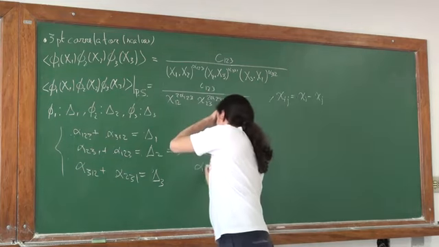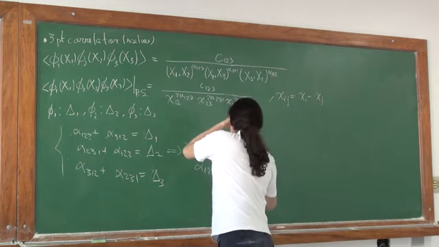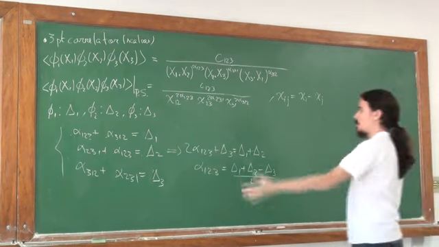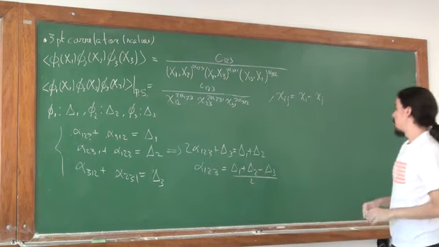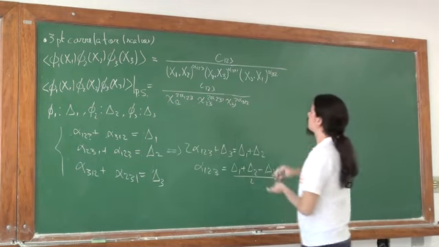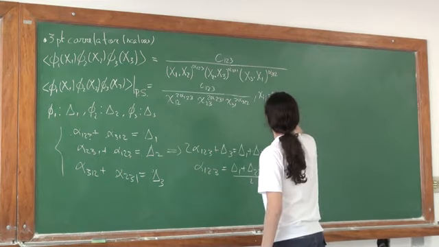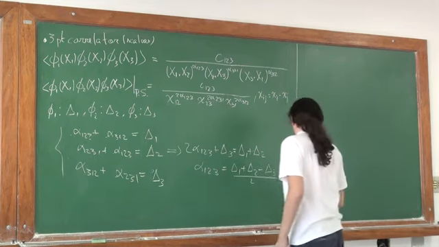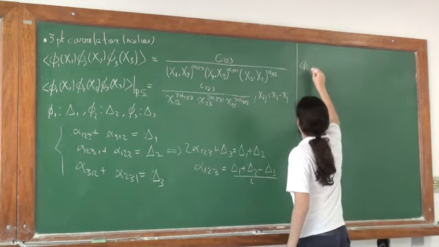And then we have that alpha 1, 2, 3 is just delta 1 plus delta 2 minus delta 3 over 2. Okay? And then you can do this for alpha 2, 3, 1 and alpha 3, 1, 2. But the final answer is that this guy on the point intersection becomes